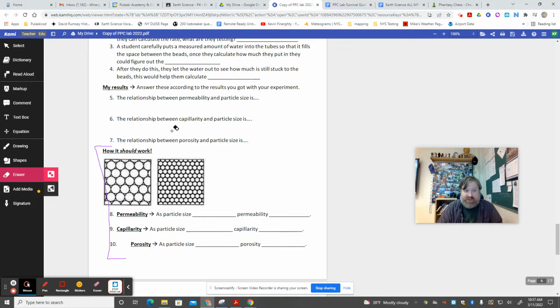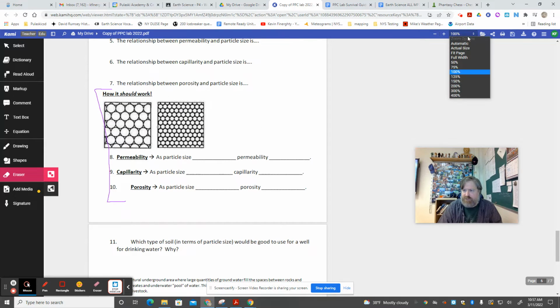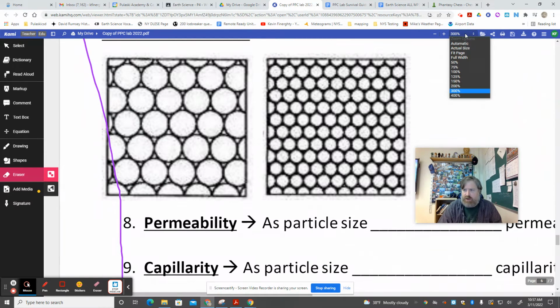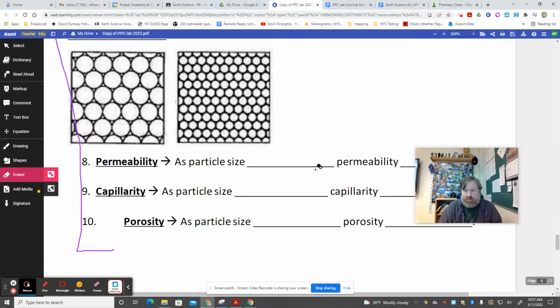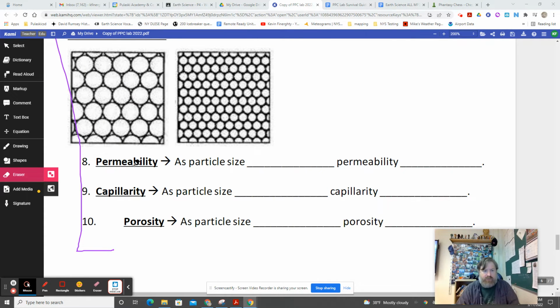Nonetheless, I want you to give me your results here. Tell me, as particle size increased, what did your numbers say permeability did, and what did your numbers say capillarity did, and so on. Down here, here's how it should work. If this experiment worked perfectly, here are the things that we're looking for in real life. So permeability. As particle size increases,